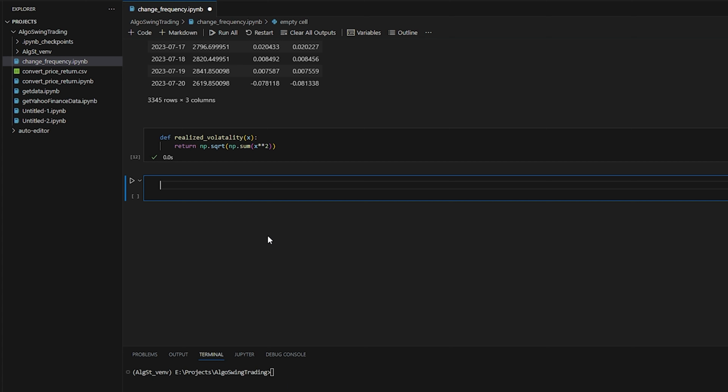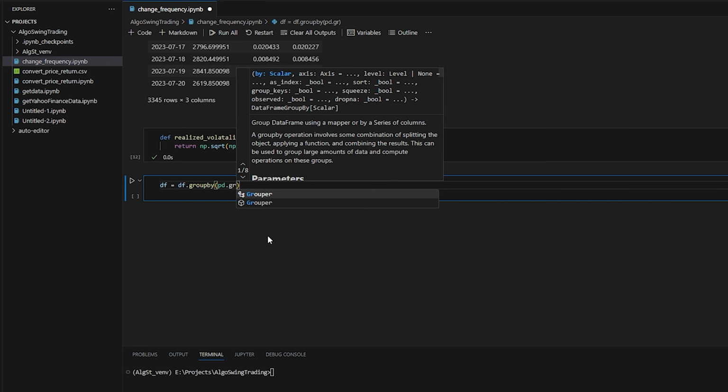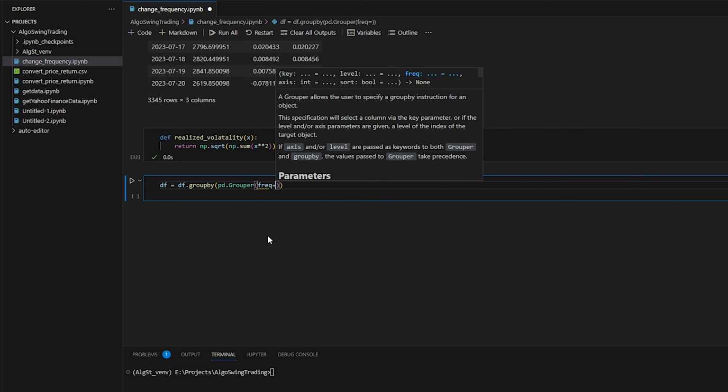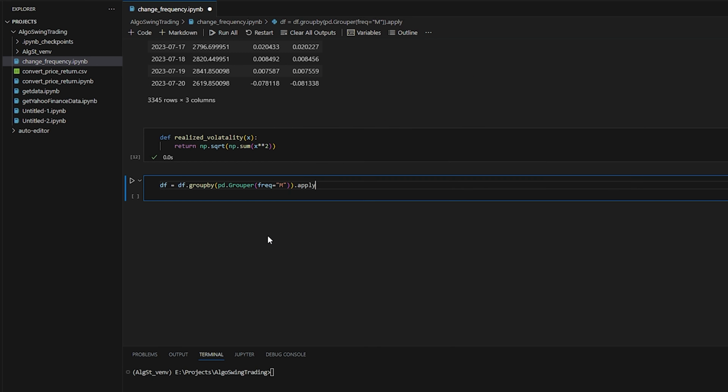could have used Pandas' method, but since we are creating it of our own with the help of groupby and Grouper, I will use that method, or I will create that customized formula: df.groupby, and then pd.Grouper, and I'm saying the frequency should be monthly, right? And then apply to realized volatility, and then I would like to rename it, so that we don't create